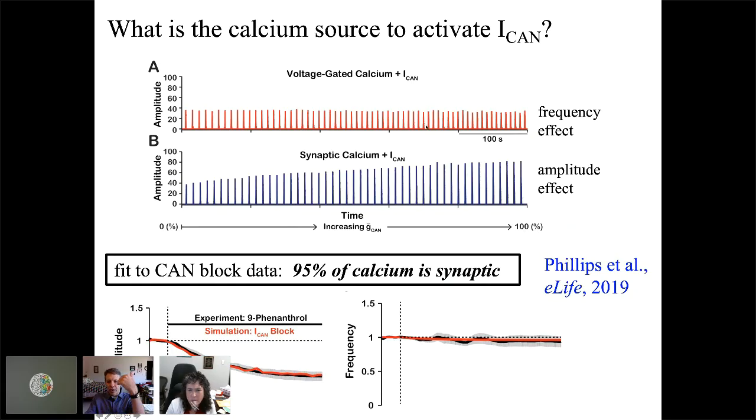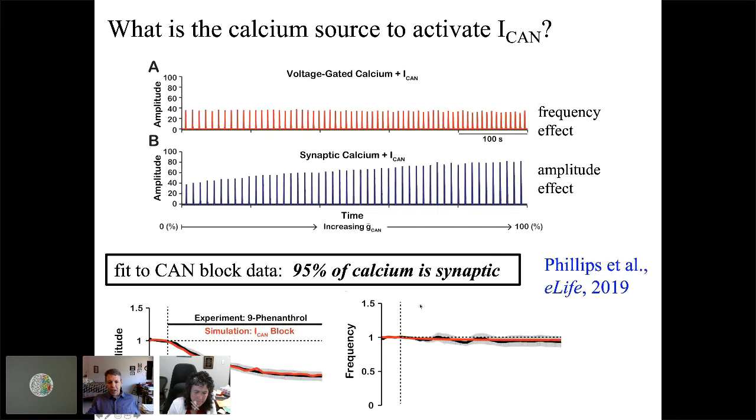Okay, when you're active, you get your voltage-gated calcium influx, which activates ICAN, which will speed up the bursting. The synaptic mechanism, on the other hand, allows you to recruit more cells. Okay, the cells that aren't active still will get synaptic calcium influx, which can activate their ICAN, which can recruit